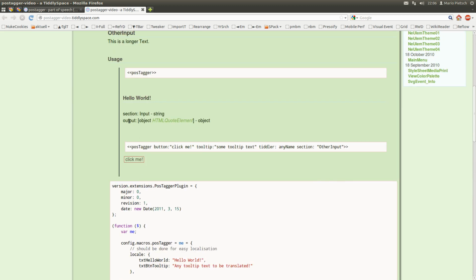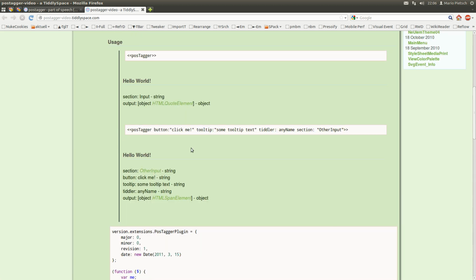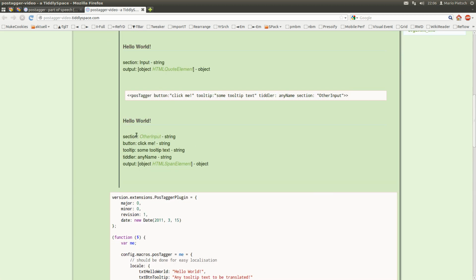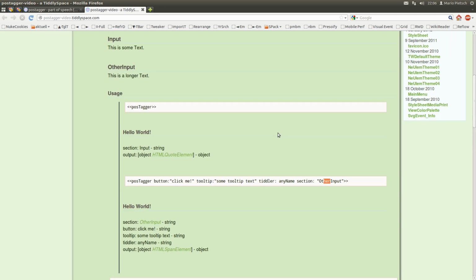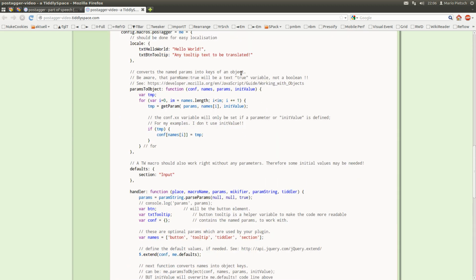So that's why we get some object information here. Then if we click it, we have the hello world section other input, which is this one, the button click me, some tooltip text, and tiddler is any name. So the basic functionality just works.